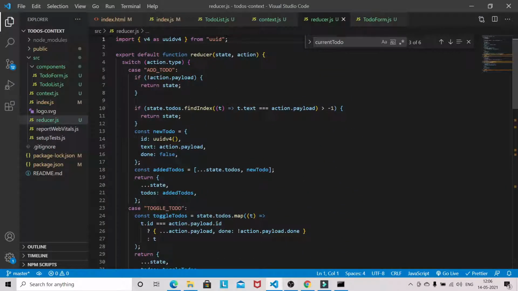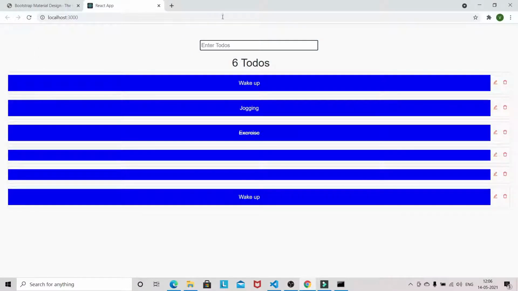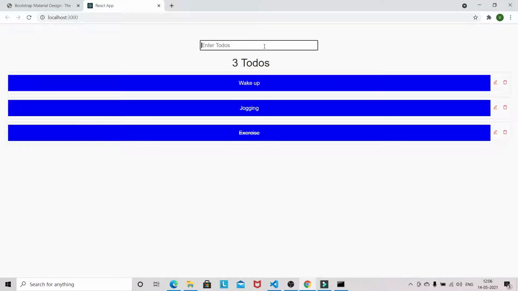So let's see whether all these issues are resolved or not. You can see now I'm not able to enter empty todos or the same todo value. I'm not able to update to the same value again either, it's not adding into the todos.